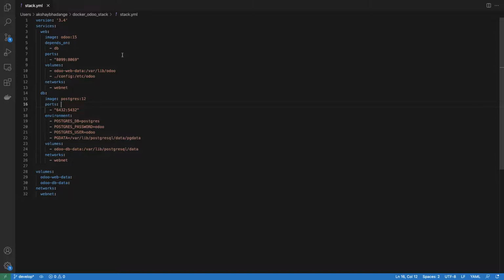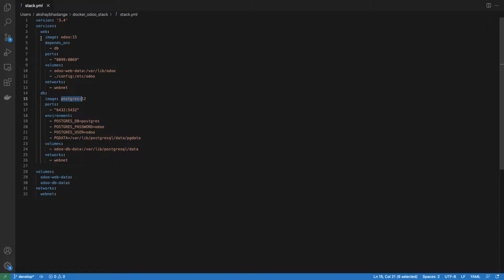So let's go through this stack.yml file. If you remember, in the last video we used the same Docker file. For a new user, I'll explain the components and parameters we are using. We have defined two services. One is web. Odoo is nothing but a web application, that's why the service is called web. The second is db, which is our database. First, we have used image, the image that we downloaded earlier. For the database we are using Postgres version 12, and for Odoo we are using Odoo version 11.